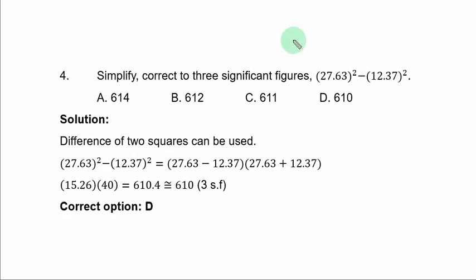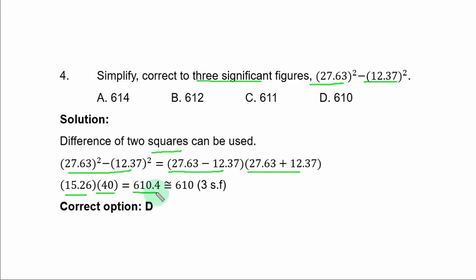Question 4. Simplify correct to 3SF 27.63 squared minus 12.37 squared. You can do this easily with your calculator, but assuming you don't have a calculator, you have to go by difference of two squares. So by difference of two squares, if you factorize, you have this and this. When you subtract, you have 15.26. If you add, you have 40. If you multiply, you have